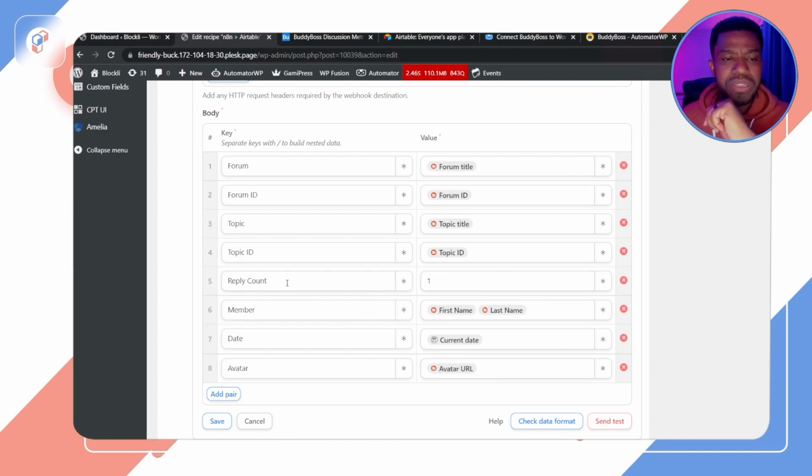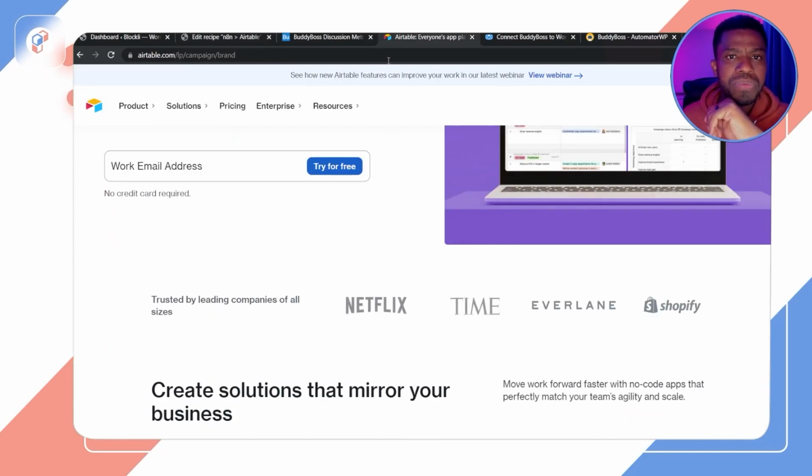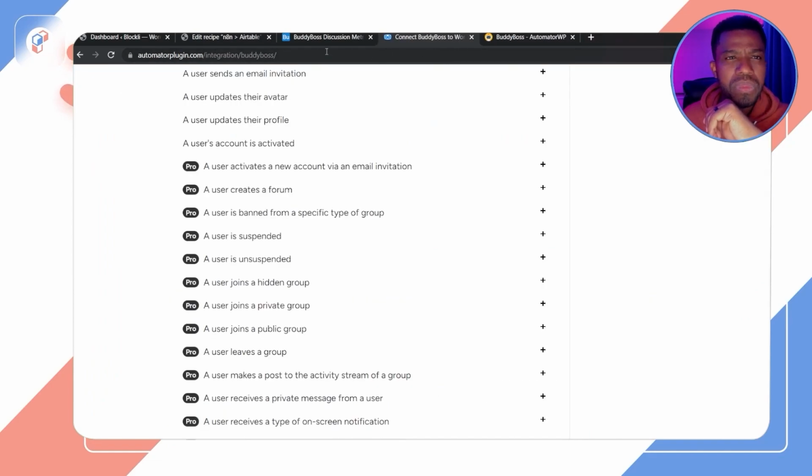And then there's this other thing here called reply count. Now, how did I map this up? I'm going to talk about this, but let's first of all jump to Airtable. So what I'm going to do in Airtable is I'm going to create a table in Airtable